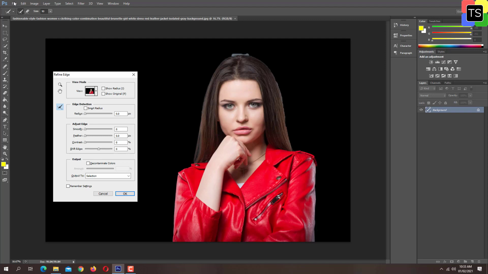On the hair some part is still there, so just draw on the edges to remove the unwanted part. And now it looks good. Okay, some part here is remaining. Okay, so that's it. Once you feel like everything is done, just click on the OK button.